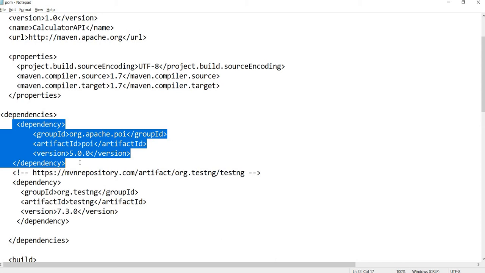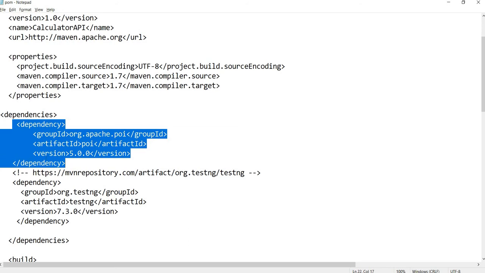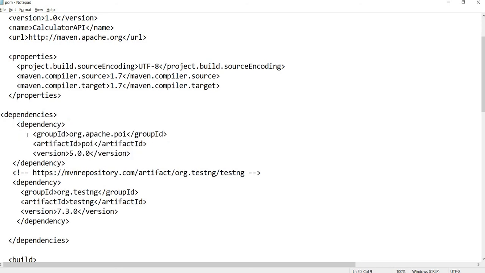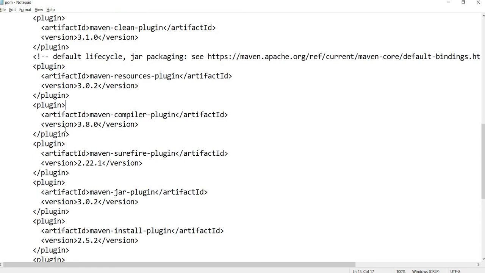Those libraries in which those classes are written and included, you will mention in the dependency tag. So in short, your project depends on these third-party libraries. So I have Apache POI. In this dependencies tag, you mention multiple dependencies of your project, right?